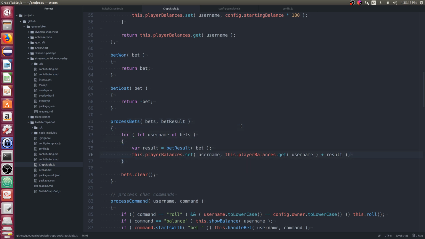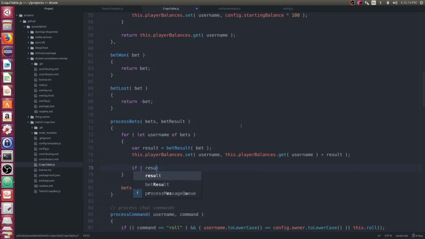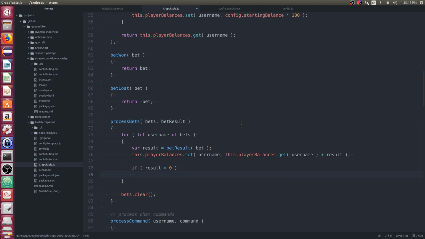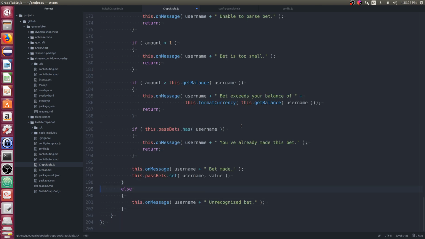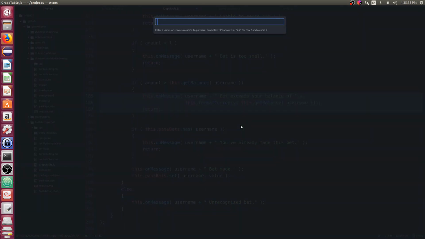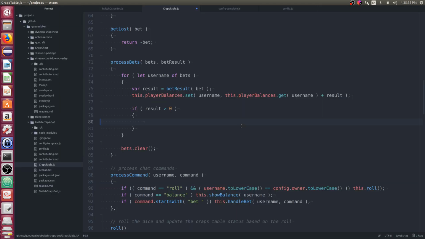And so if result is greater than 0, let's say something here. We're on line 80. Let's just grab something. We'll go back to line, oops. Is it Control G? There we go.